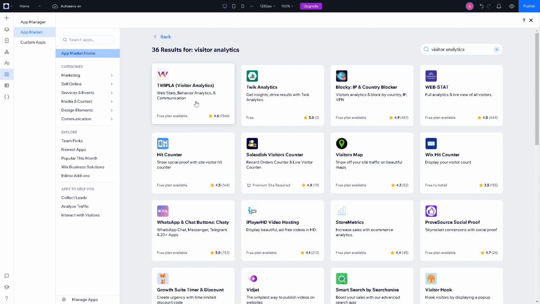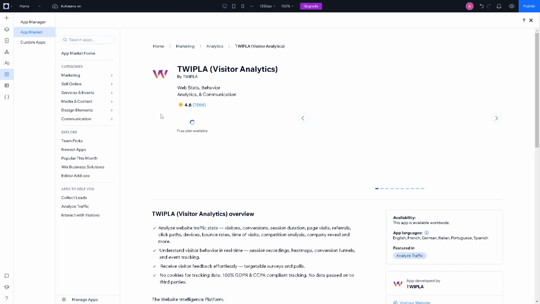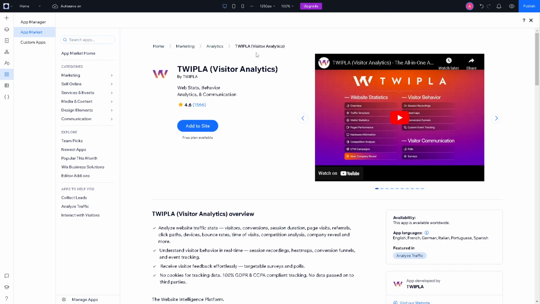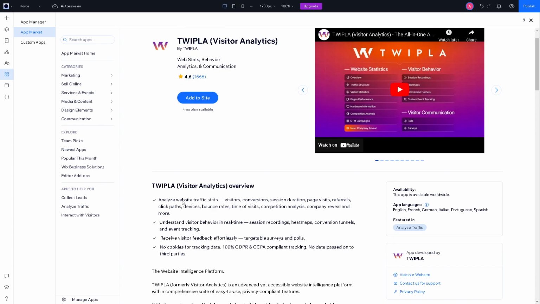I am going to use Tripla because I am using this right now because it offers web stats, behavior analytics, and communication. Now, when you click on it, you have 4 sections here, right? So it can analyze website traffic stats, visitors, conversion, session duration, page visits, referrals, click path, devices, bounce rates,